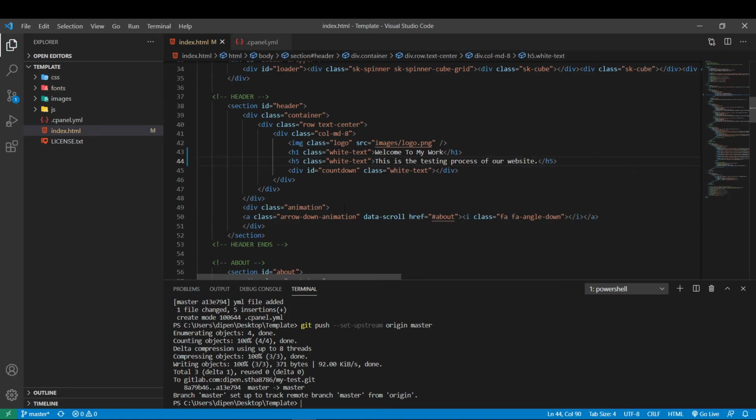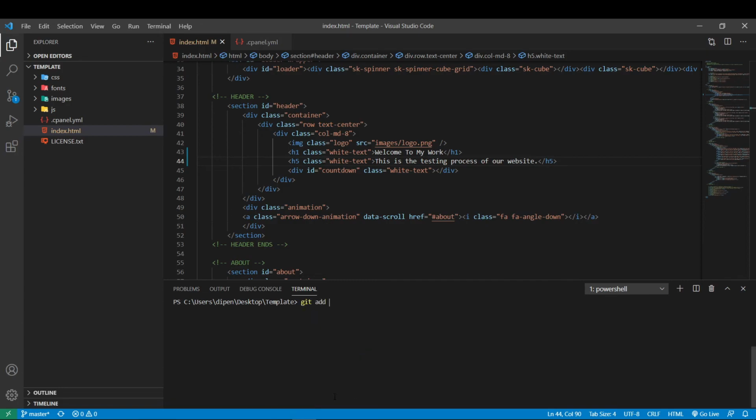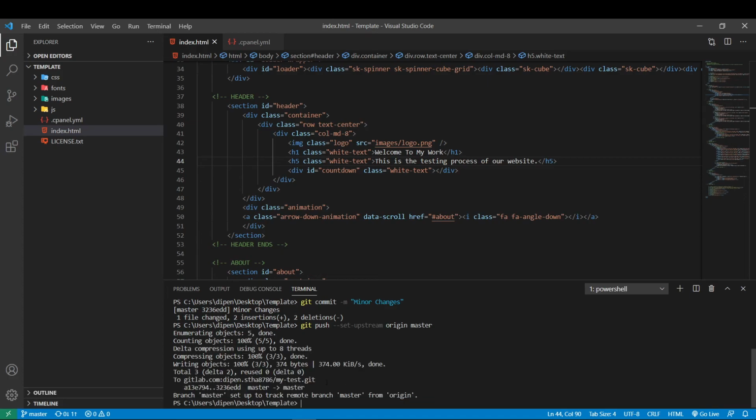You can make any changes, and moving into the terminal, add all, commit, minor changes. Now push this branch, the master. The branch is pushed as the master branch.